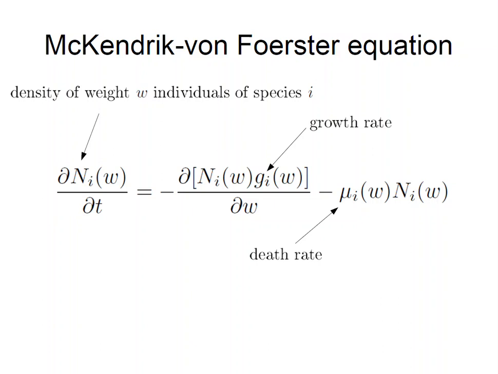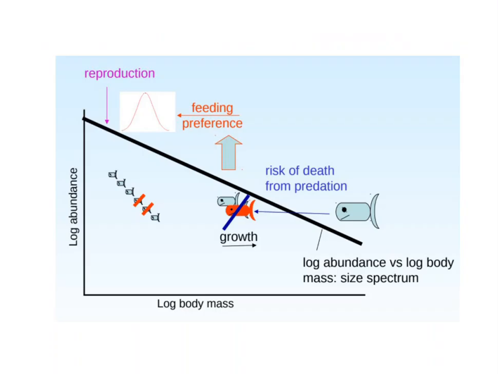But things are more complicated, in fact, because to determine, say, the growth rate of an individual, you have to think about what kind of things there are for that individual to eat. How much food does it have? And that depends on the abundance of lots of other species at lots of other weights. But the basic idea behind how feeding is modelled is that we'd have a number called the preferred predator-prey mass ratio. And that basically specifies what fraction,